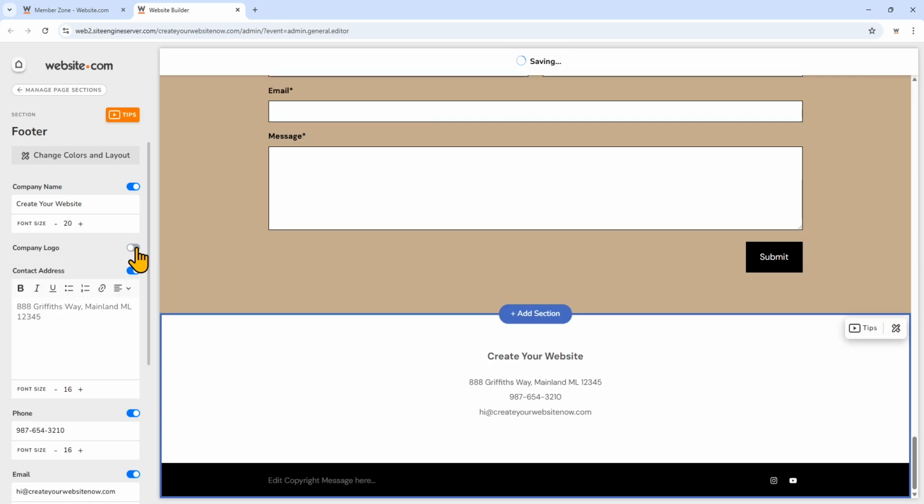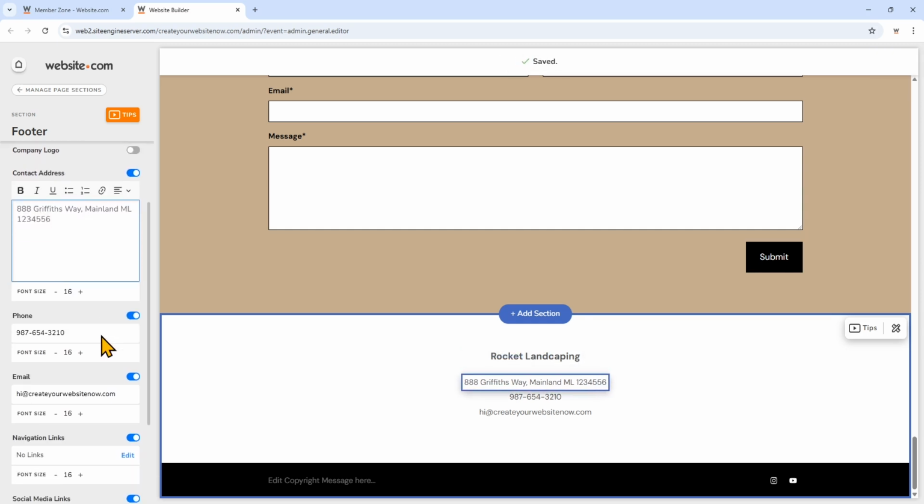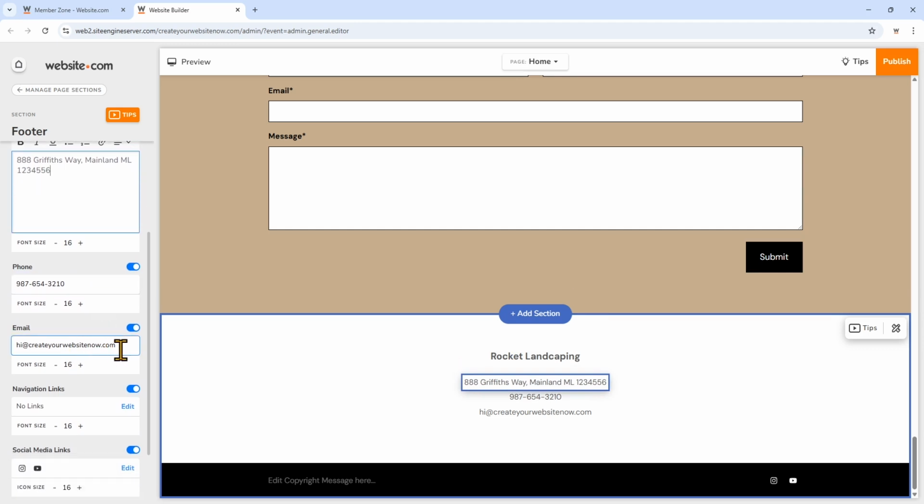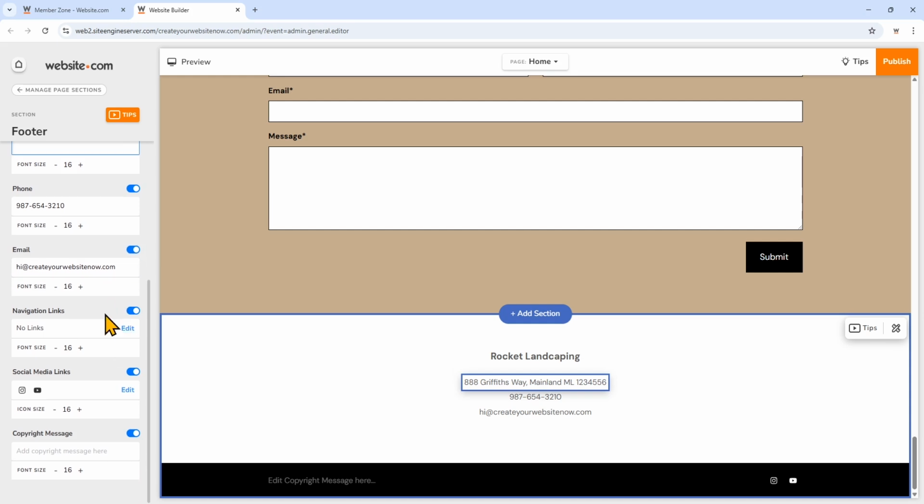I'll turn off the company logo, change the company name, and you can edit the contact information. You can have your address, phone number, and email. So you can choose whether you want to toggle that on or off. But again, you want to make sure that your website helps clients find you, so it's in your best interest to have as much contact information as possible.